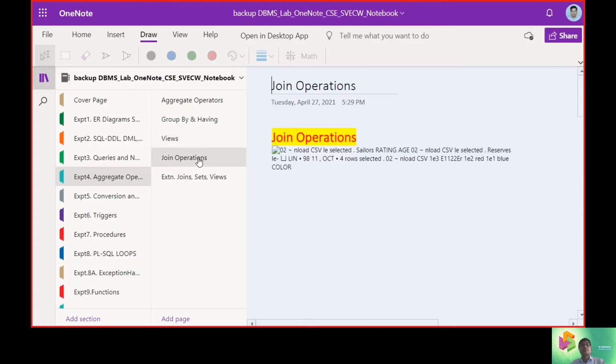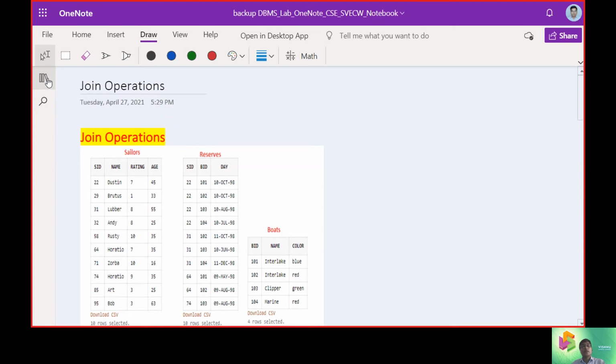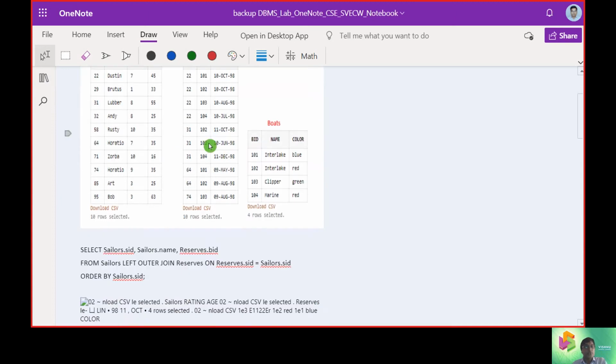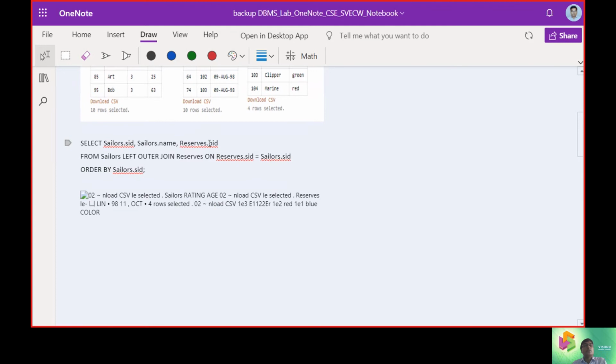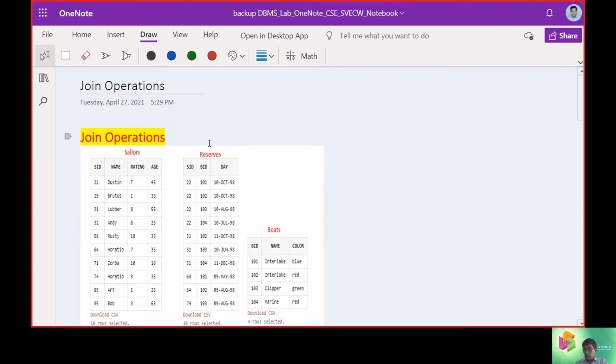Then comes the interesting part of looking towards the join operations. So at this join operations, we work in most interesting ways. One with left outer join and right outer join, and another one will be the full outer join.